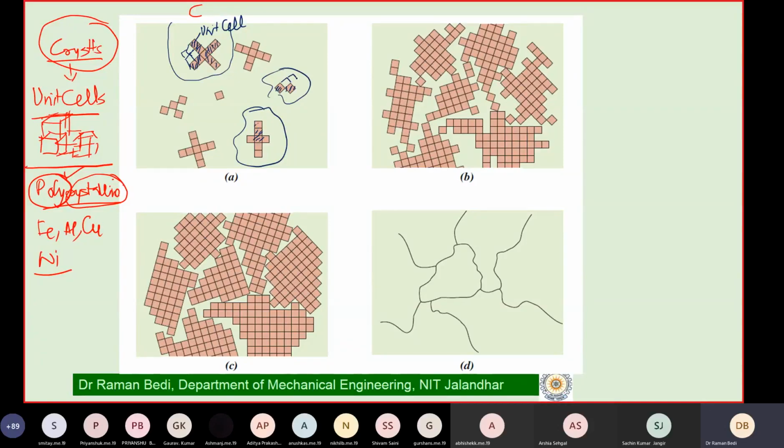So it will keep on adding unit cells to itself. Each crystal will keep on adding unit cells here, and they will keep on growing. So we'll say it is called crystal growth, or these crystals are also referred to as grains. Grains as well as the term crystals are the same terms as far as our discussion is concerned. So what we observe here is that they are growing, and from this condition we come to the second condition.